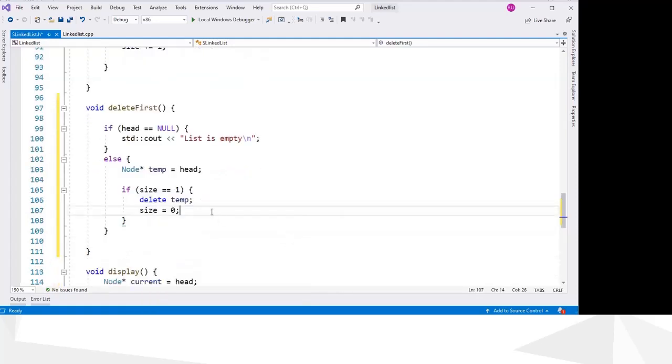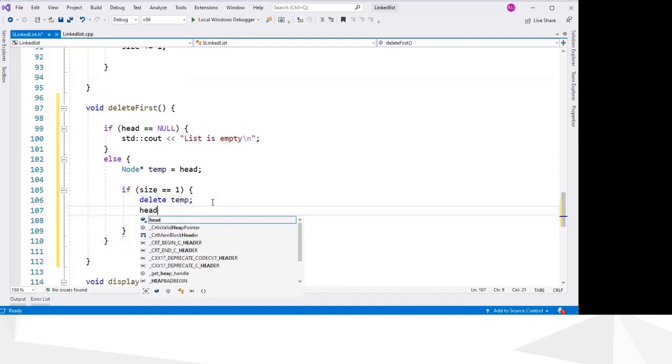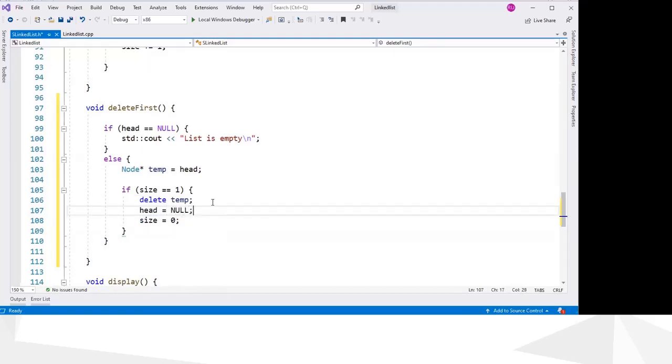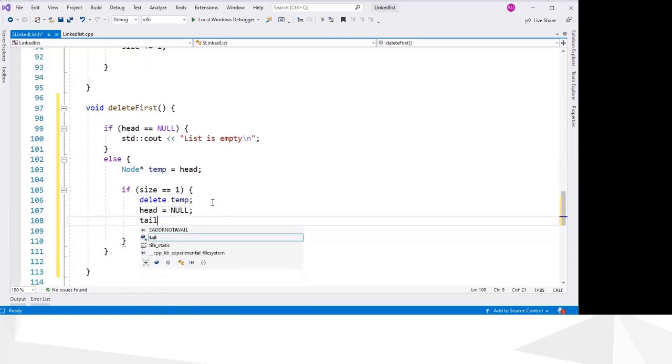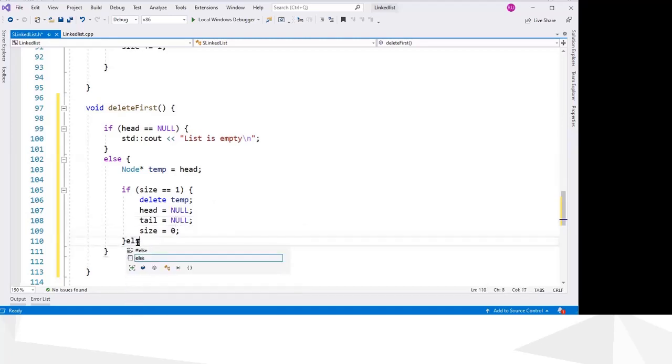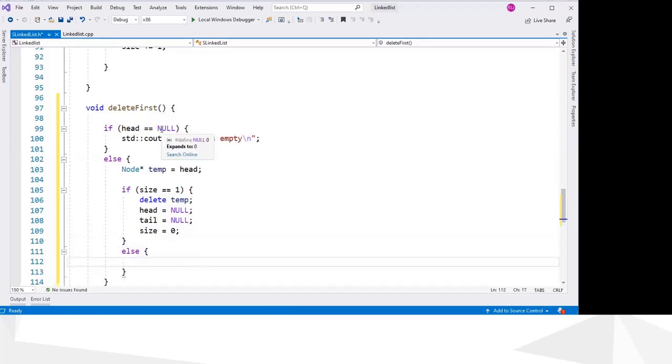And then again you have to make head null and tail also null. And else, that means we have more than one element. If head is null, that means size is 0, we will be here.